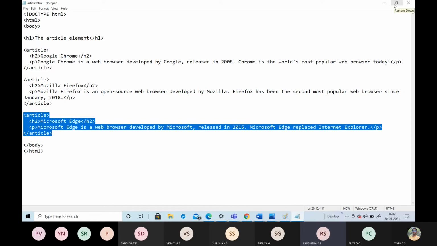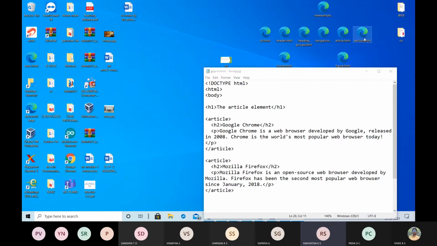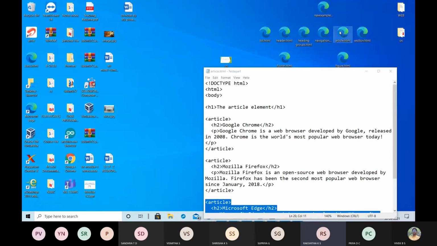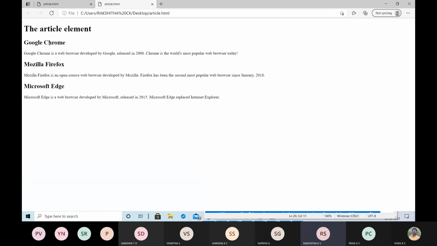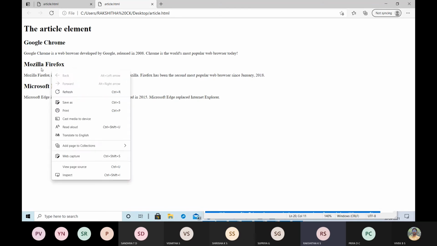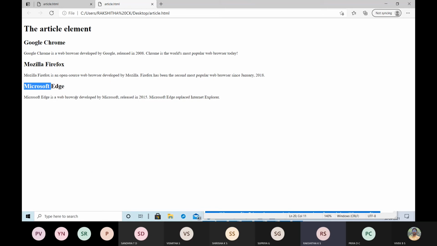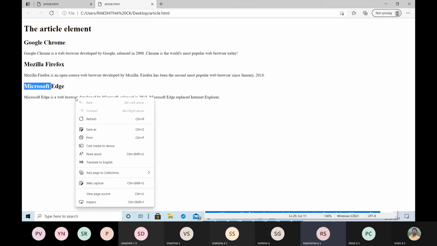Just take a screenshot of this. In the article element, the header followed by the paragraph is one article, and again a header followed by a paragraph is one more article. And again Microsoft Edge followed by the paragraph is one of the articles.